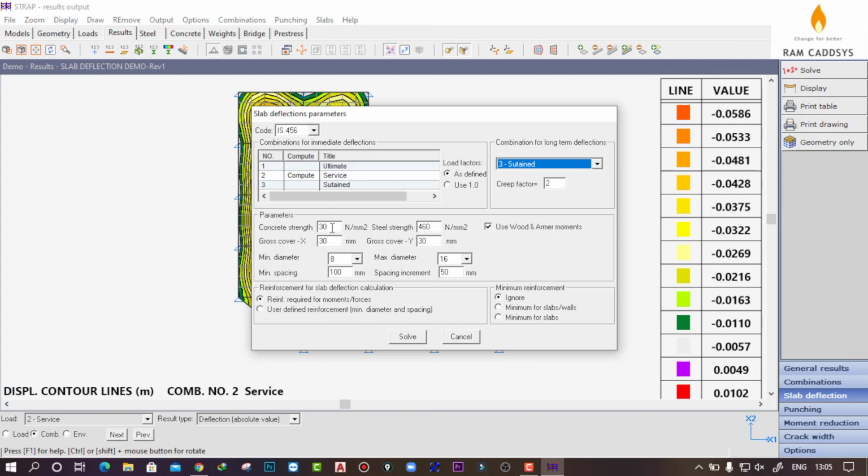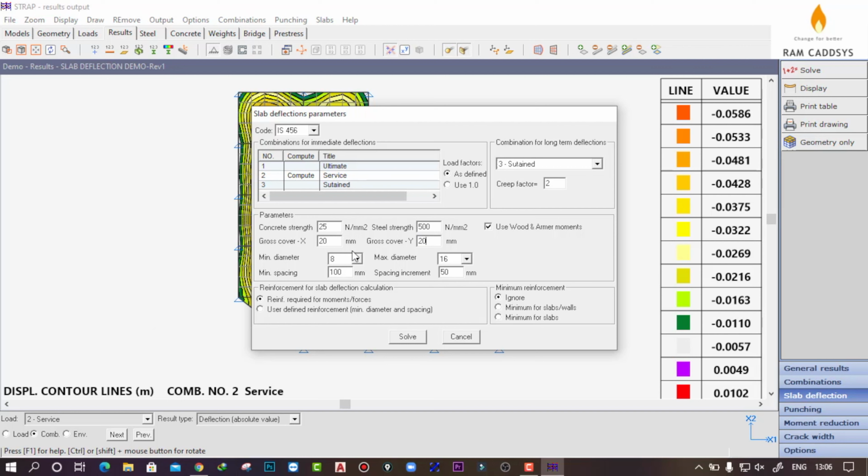Now you can change the concrete strength. Let's consider 25 Newton per mm square, and here I'm going to take 500 Newton per mm square, which is our steel strength. Gross cover, you can consider, is nothing but the clear cover plus half of your reinforcement dia. That means from the bottom of the slab to the center of your reinforcement.